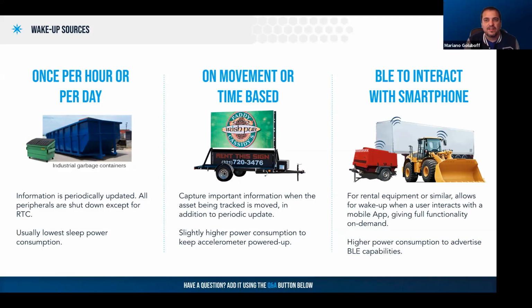On the right, we have an application for equipment that needs to interact with a user's smartphone. In this case, we want our tracker to keep advertising Bluetooth, BLE beacons normally, or BLE capabilities, so that the smartphone can connect and wake up the device when a user walks up. Using the BLE radio uses a little bit more power, but it enables a very powerful application. The Particle tracker allows you to select the right sleep mode for your application. So you will only use just as much power as you need to maximize battery life while also being able to do the application that your business needs.